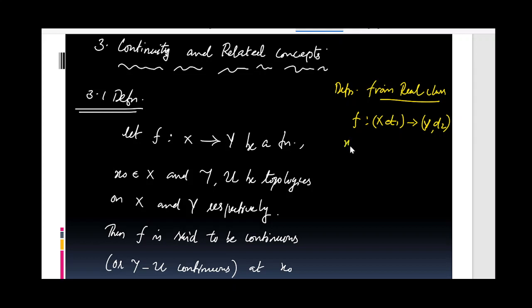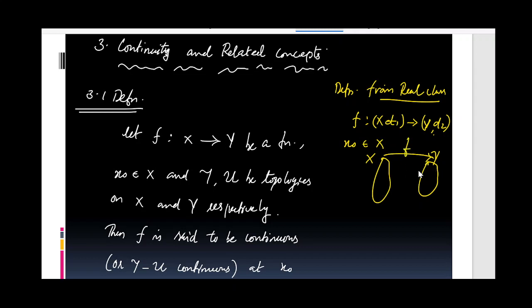Then x naught belongs to X. Then we will say that f is continuous at x naught if, whenever we are considering an open set here,